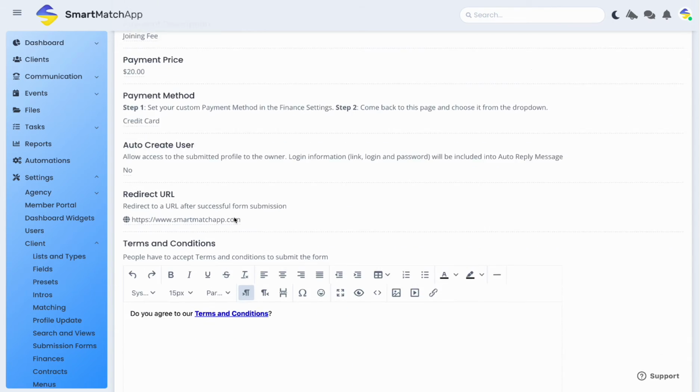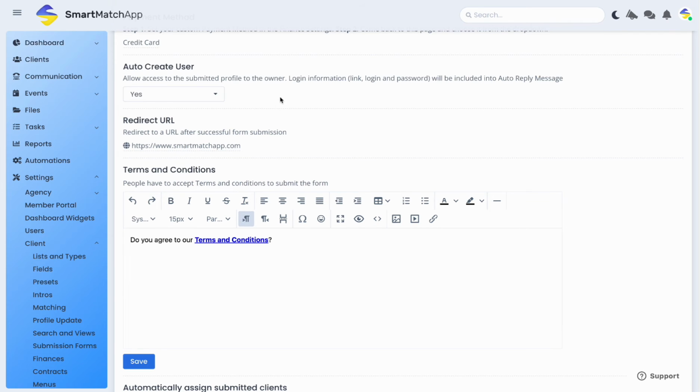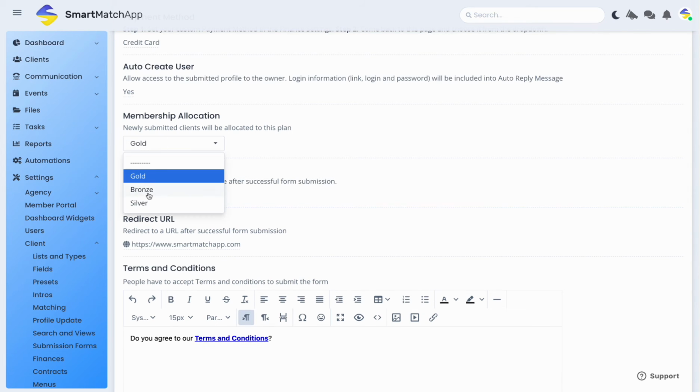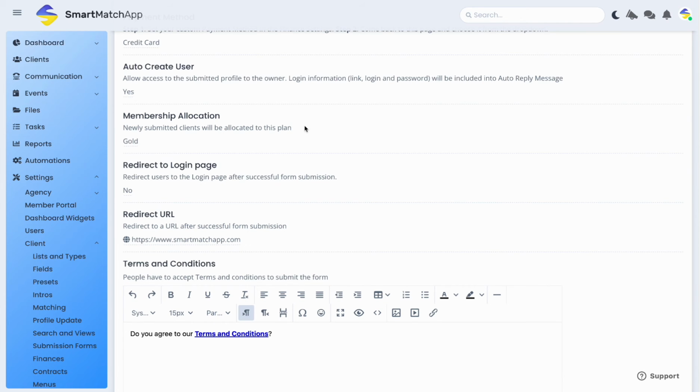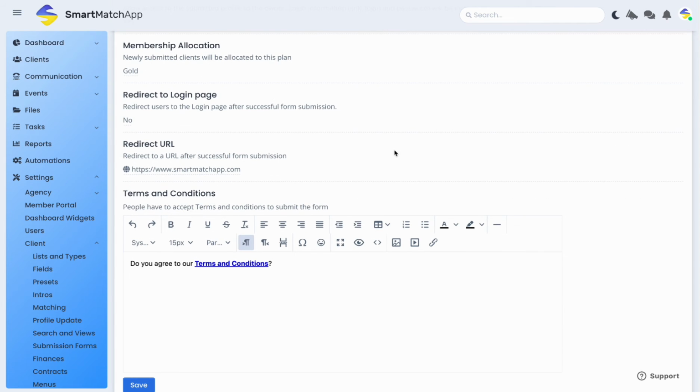If you have the Member Portal add-on, you can allow auto-create for a client's profile. This sends them an email with a link to their profiles, login information, and the ability to manage their profiles. You can also automatically assign them to a custom plan that you enrolled in your Member Plans add-on. You can add your own redirect URL for clients after they submit the form, as well as include your company's